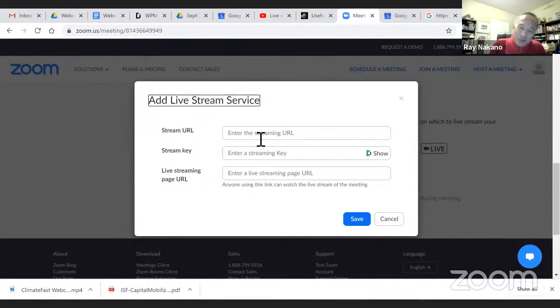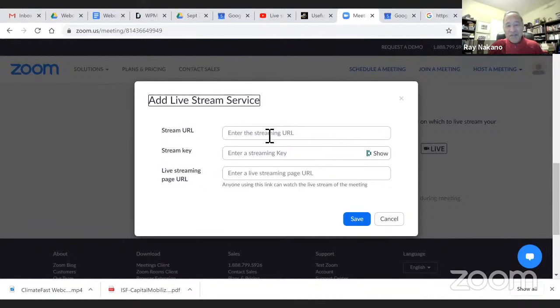I would then go back to my YouTube session, copy the streaming key into my clipboard, come back here to my Zoom session, copy in the streaming key. And then lastly, I would go to, remember that share icon, the arrow icon up in the upper right corner? I would, again, copy that, and here they call it the live streaming page URL, your live stream, YouTube live stream link, and I would copy that in here.